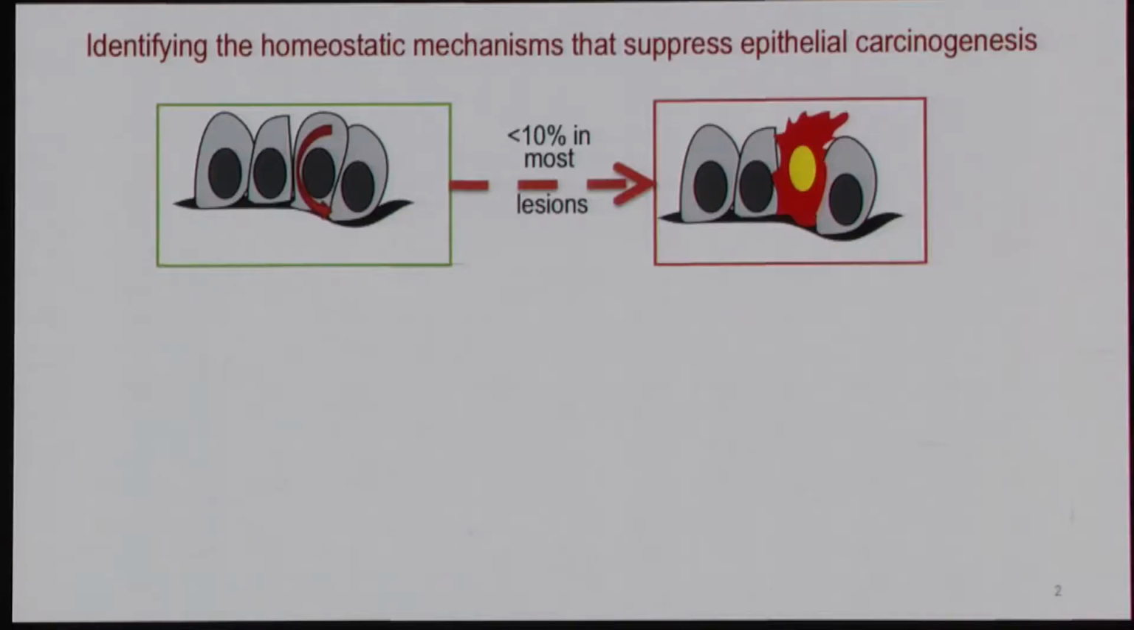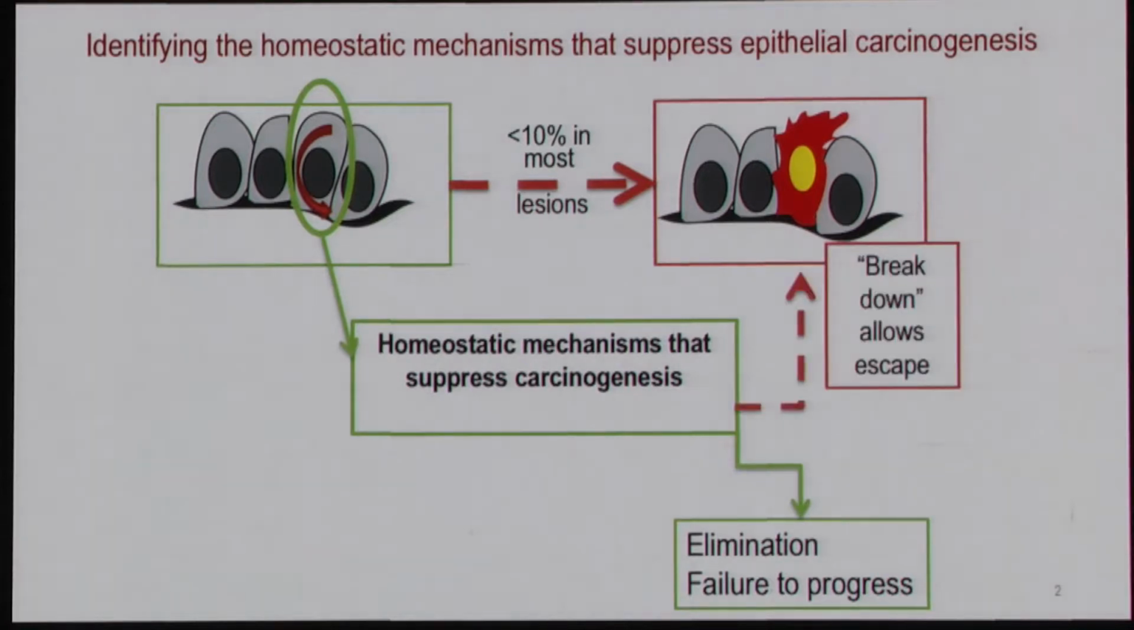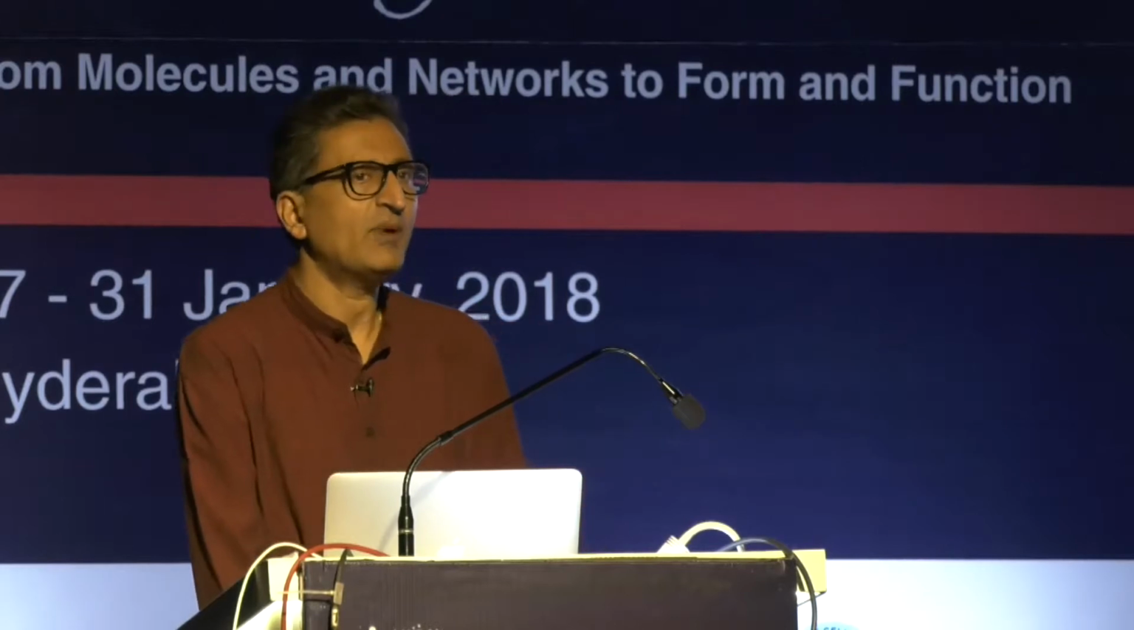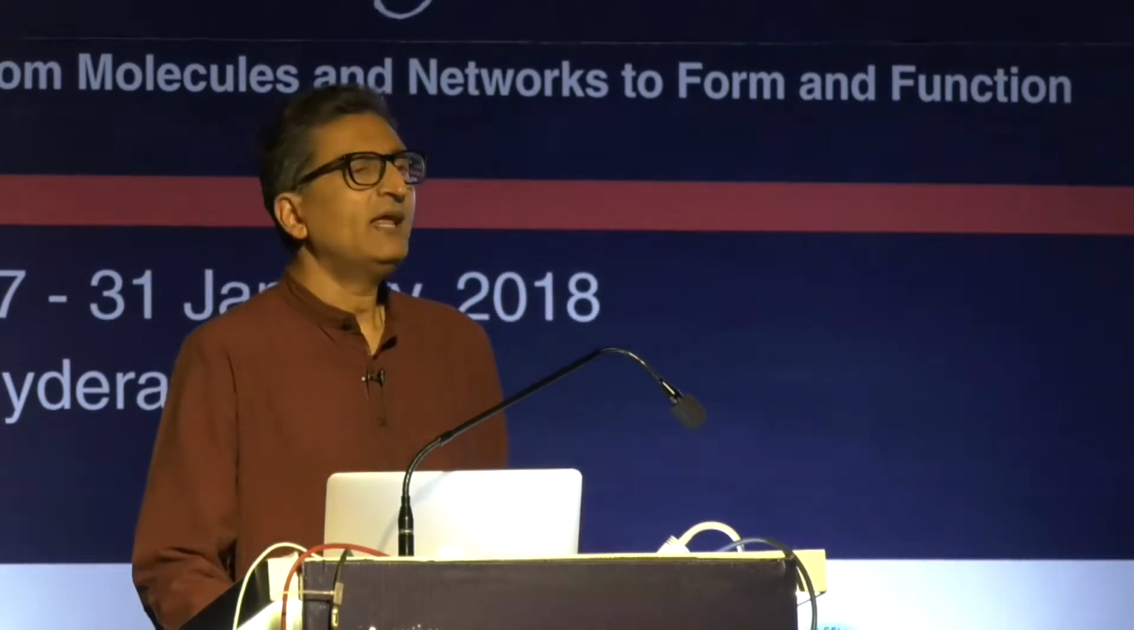And it's pretty obvious that there must be homeostatic mechanisms operating in normal tissues whose job it is to suppress carcinogenesis, and that it is the breakdown of these mechanisms that is necessary for allowing escape and progression of premalignant lesions into frank cancer. So when I started my lab up at the MRC in Cambridge many years ago, we